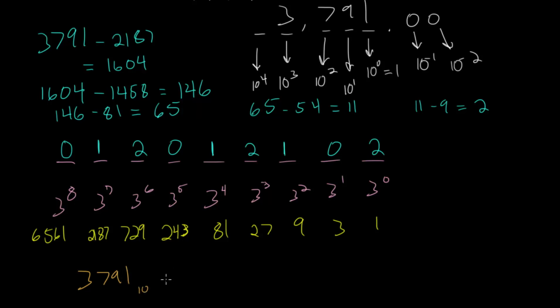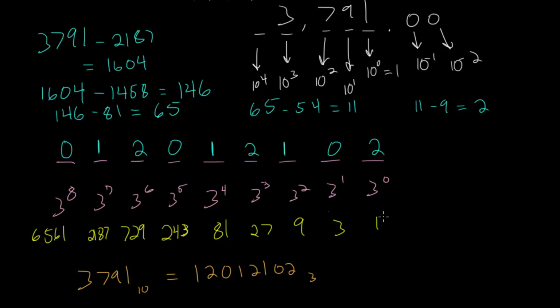So in conclusion, this number, 3,791 in the base 10 number system, is equal to 1202102 in the base 3 system. And the way to check this is essentially to go in reverse. Take this number that we found in base 3